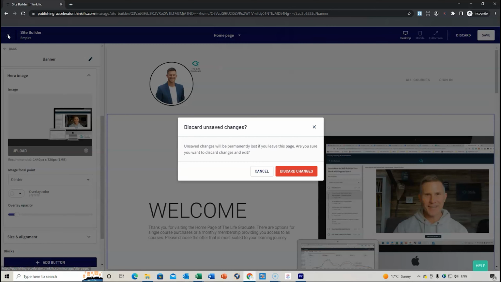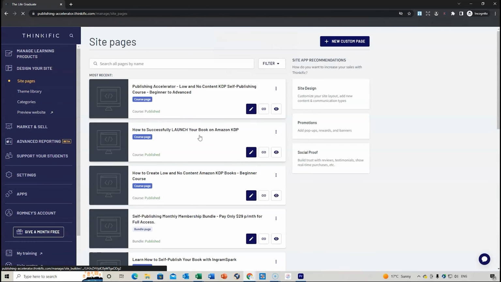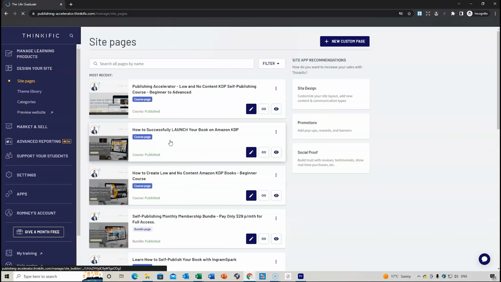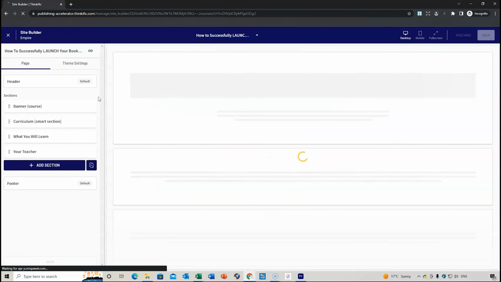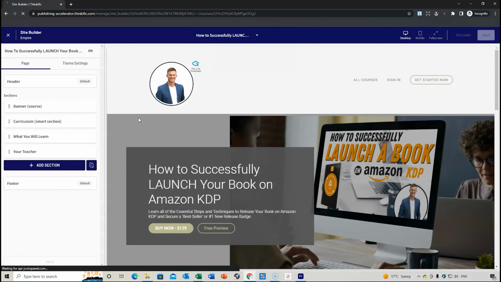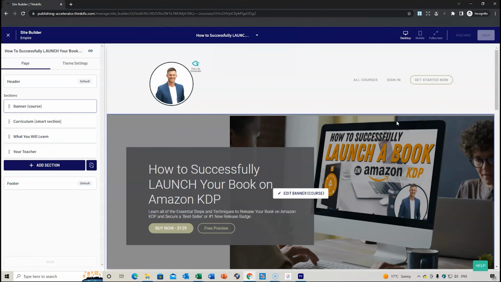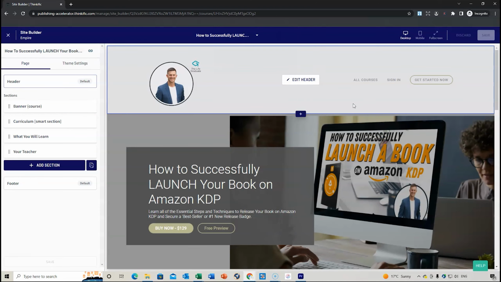So if we have a look at that, 1440 by 720, this is a different one. We might go back and discard changes. We are going to go back to this one just here. So if we edit, you can see this page here. So when you do your header, the header will be positioned right in this place right here. These buttons can be generated as well, but your hero image is this image in this space. And if we wanted to edit it, you can just edit the header.